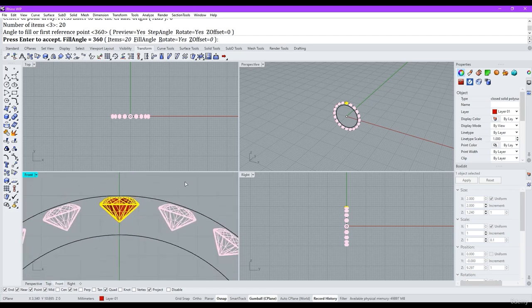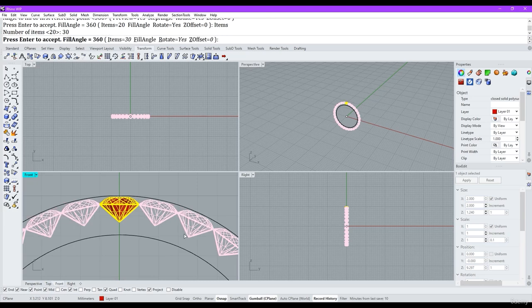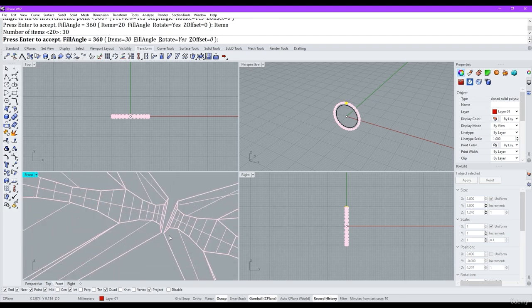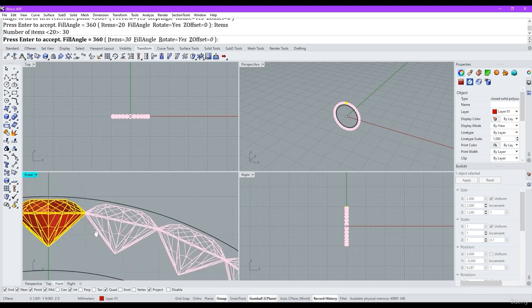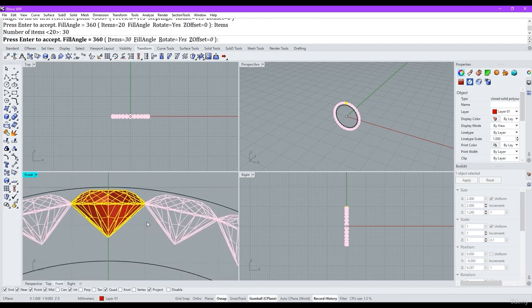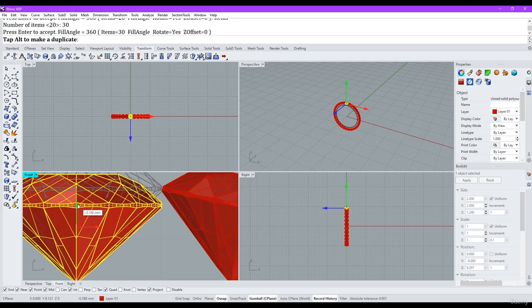So I know that we need more than 20. Now the command is still running, so if I come up to where it says items equals 20, I'll hit that and try 30. Now if I zoom in really close, you can see that these gems aren't quite touching. The problem with this is, if I press enter, if these get set a little bit lower,